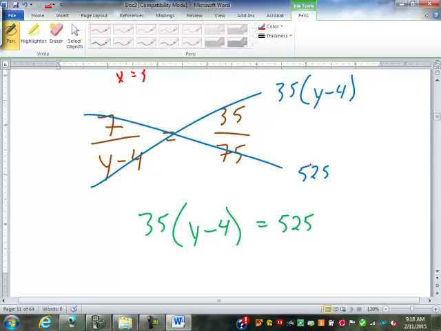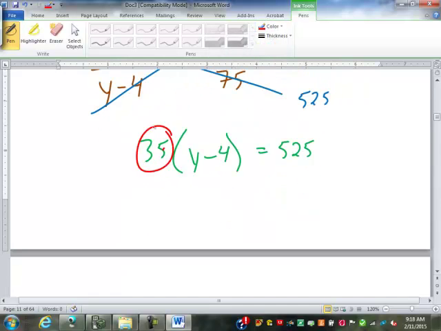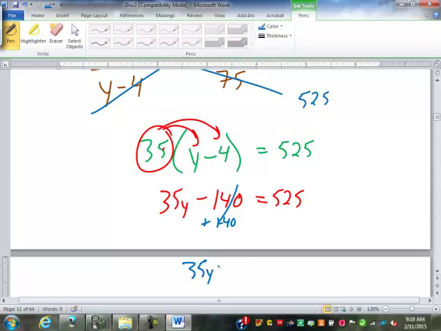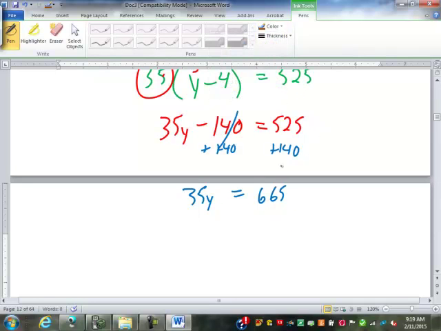What do we do? Distribute the 35. 35 times y is 35y. 35 times negative 4, negative 140. And then add 140. 35y equals, add 140 over here, is 665. And then divide by 35. So y equals, there you go,